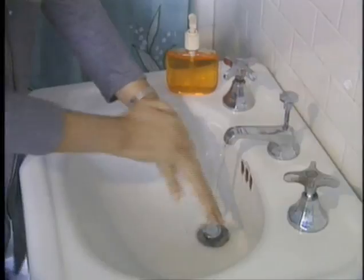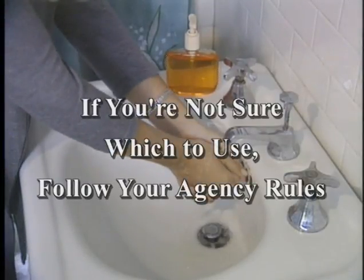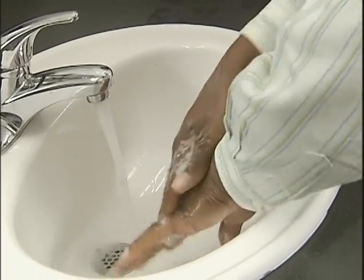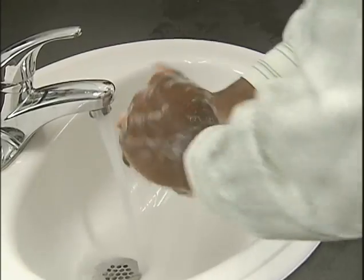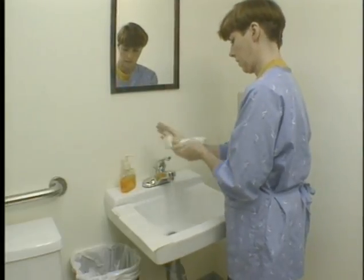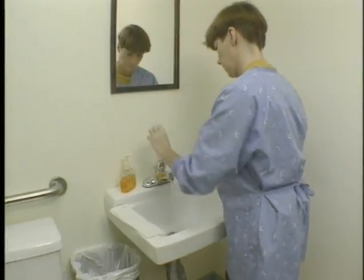However, some situations may require an antimicrobial soap. If you're not sure which to use, follow your agency rules. Wash hands thoroughly for at least 15 seconds using warm water to wet the hand surface before dispensing the soap. Rub the soap vigorously over all surfaces. Rinse thoroughly under running water, shake off excess water, and dry with a paper towel. Use a dry paper towel to turn off the faucet and discard the towels in the container designated by the